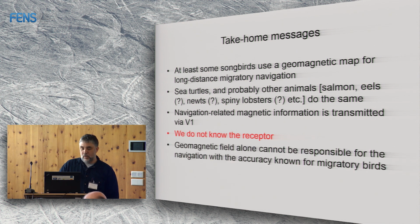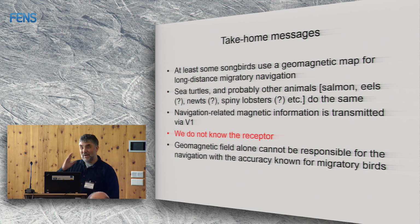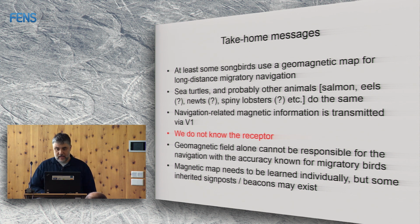The geomagnetic field alone cannot be responsible for the navigation with the accuracy which is known for migratory birds. There must be something else. And a magnetic map needs to be learned individually and anew in every generation, but some inherited signposts or beacons may exist. And with this, I would like to